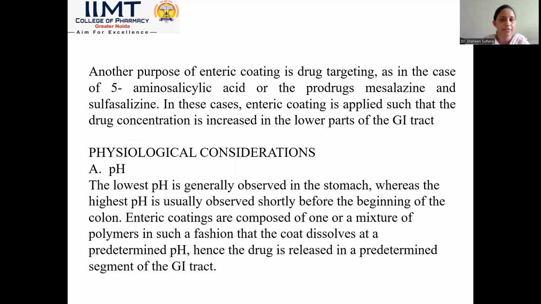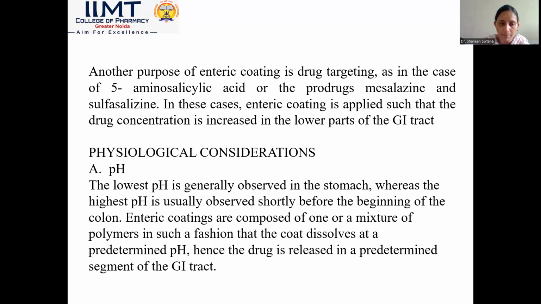Another purpose of enteric coating is drug targeting. Like in the case of 5-amino salicylic acid or the prodrugs sulfasalazine, in these cases the enteric coating is applied such that the drug concentration is increased in the lower part of the GI tract, or in the intestine or colon. Now, when you are preparing the enteric formulations, you have to take